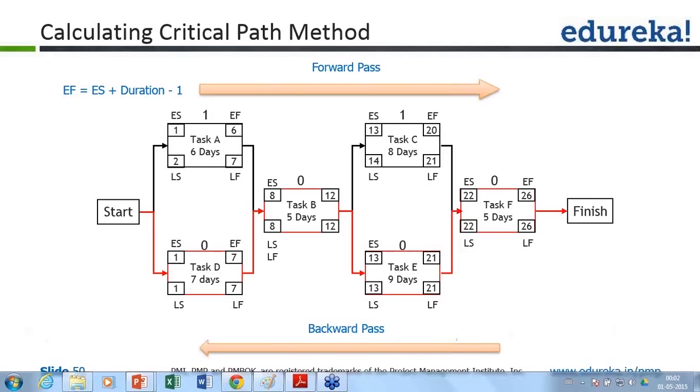So you will monitor these critical activities very closely. You will do the resource allocation, and if you have identified the critical path, you can do it by having minimum impact on the overall project schedule. In case you need to squeeze your schedule, or you need to cover up a delay